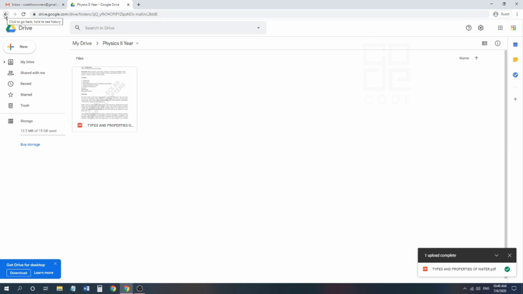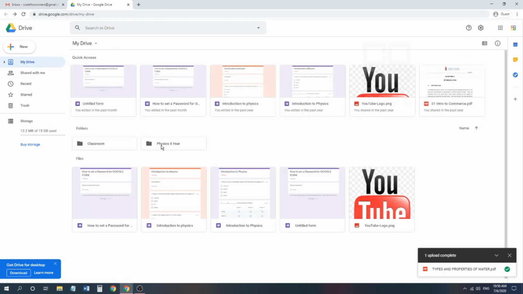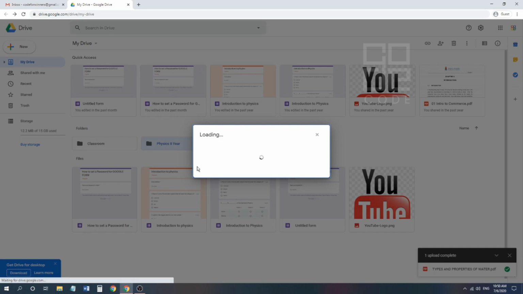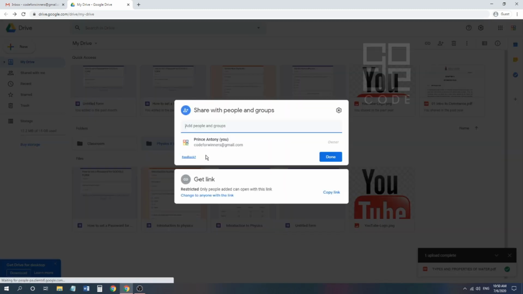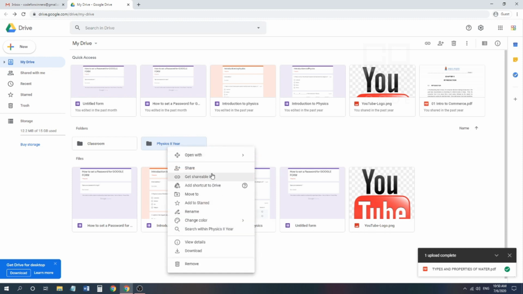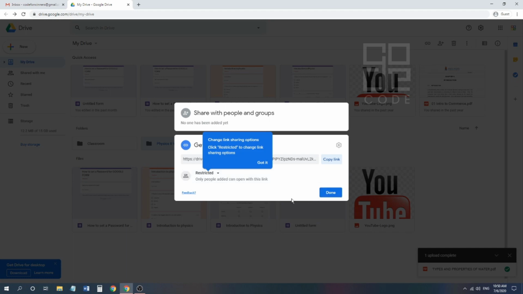Then I'm coming back. So now I right click on that folder, and I would like to share this to my learners. So there are two methods. In this first row, you can type the email ID of your students. If there are 10 to 15, no issue, you can share them through your Gmail ID. Again, you just click on the shareable link. You can create a link here. So with the help of this link, the students can easily download all your class materials at any time.